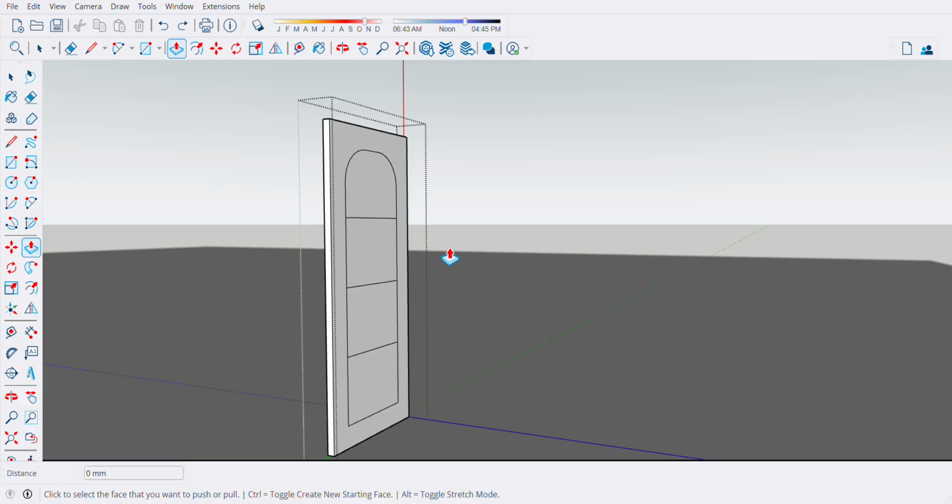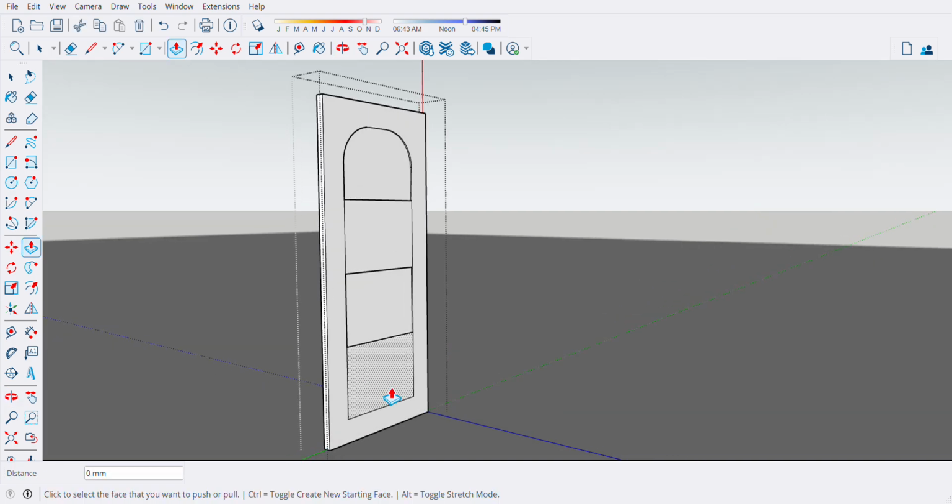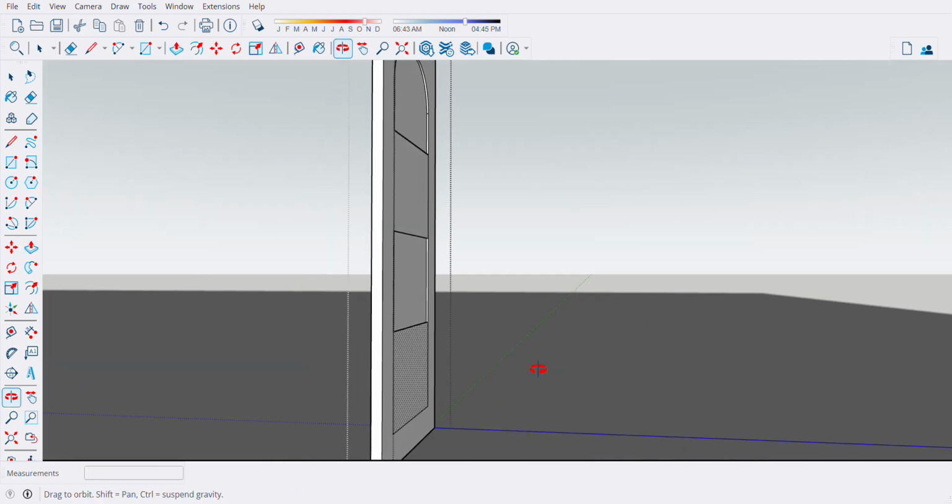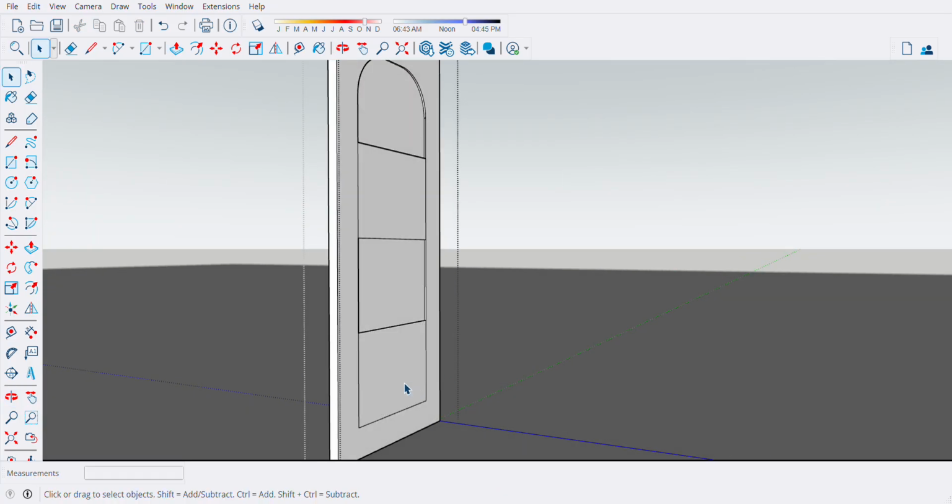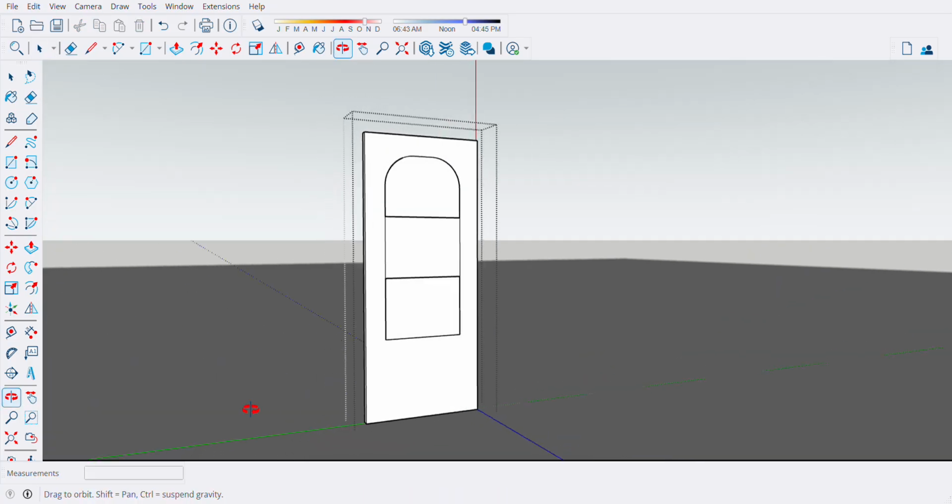Okay, so sorry. This one pull back 10, this one pull back 10. So that's our design.